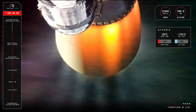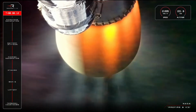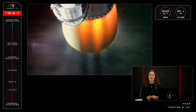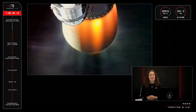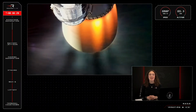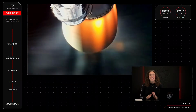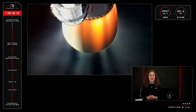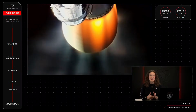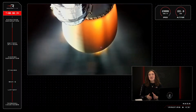Stage 2 propulsion is holding nominal. It's now 8 minutes, 16 seconds into the mission, which means we are coming up on the engine shutdown for Electron's second stage, to be followed shortly afterward by stage separation of the kick stage that is carrying NASA's PREFIRE satellite. The process is practically the same as the first stage engine shutdown and stage separation that Electron performed earlier